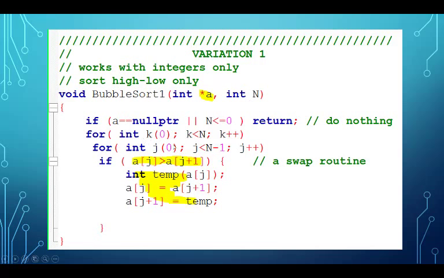Otherwise, I go through this loop. I set K equal to 0, note the new initialization. K goes all the way up to, but not including N in the loop, one K at a time. I have an inner loop, start with J is 0, go all the way up to N minus 1. The reason we go to N minus 1 is if you look down here, I have A of J plus 1. So if I went all the way to N minus 1 actually,